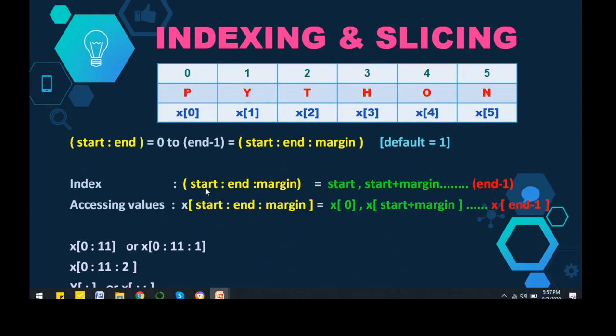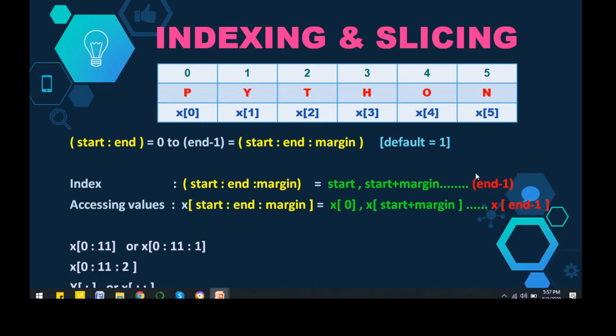In that case, we will be given this starting index from where we have to start accessing the string, and then we will also be provided the end, and we will be given a margin. From the start to the end, we keep adding the margin in the start, and we reach the next part. So what is the meaning of this? We are given the start index, and in the start I am adding that margin, and whatever location comes, in that location again I am adding the margin, and I am reaching the end, which is end minus 1.